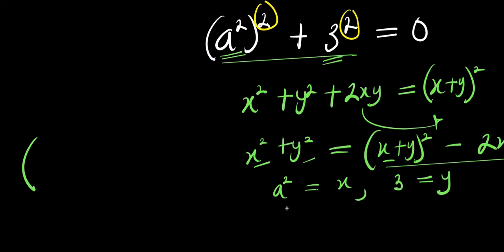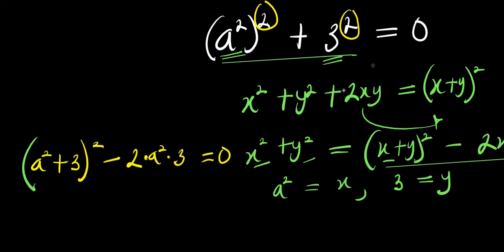That means we will have our x is a squared, plus y is 3, power 2 minus 2 times x, that is a squared, times y, that is 3, and this equals 0